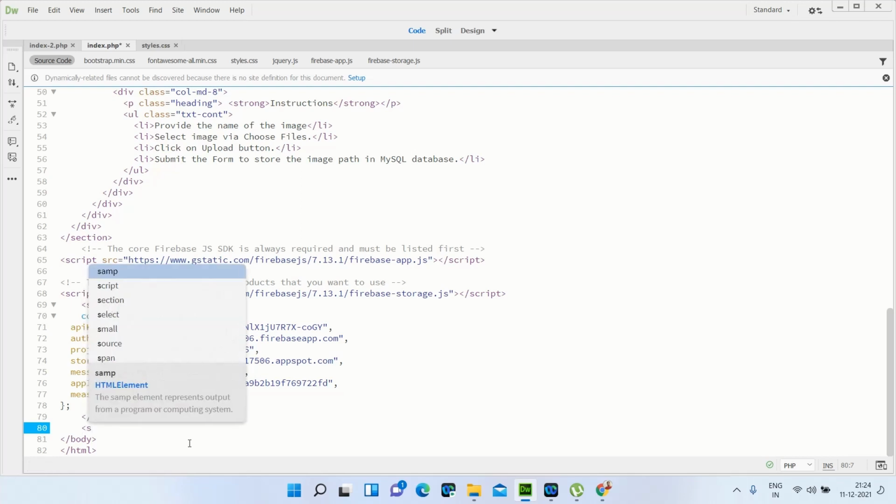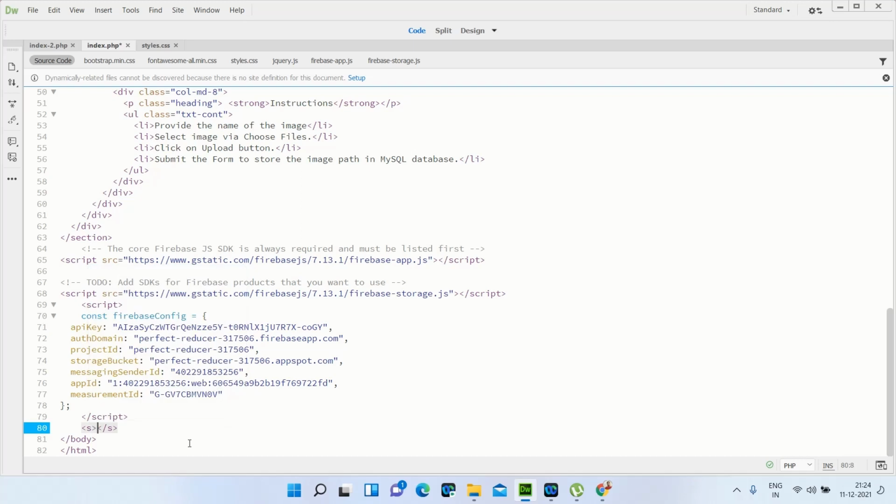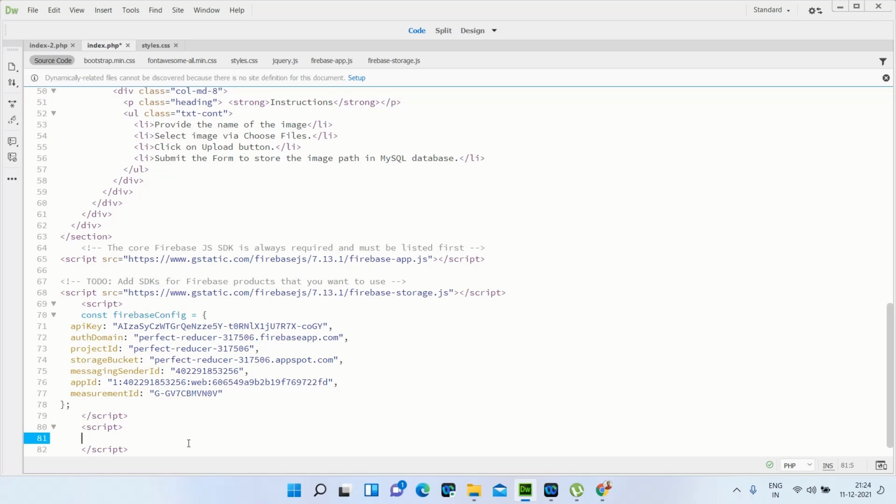So here start the JavaScript, sorry, script, and then write the JavaScript. So first we need to take a variable.